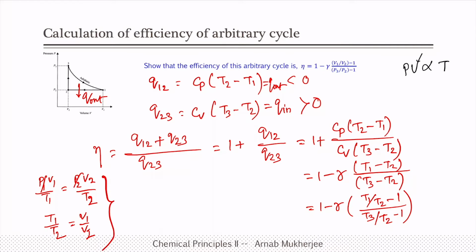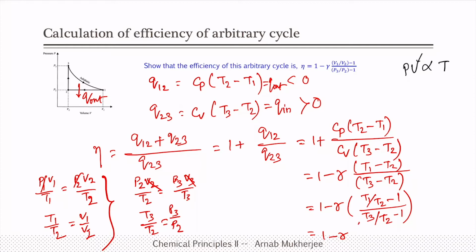and let us check between 3 and 2. So, 3 and 2 are related by constant volume process. Yes, 3 and 2 are related by constant volume process. So, we can write as P2 V2 by T2 is P3 V3 by T3. Since volume is same, V2 V3 is same. So, T3 by T2 will be P3 by P2,